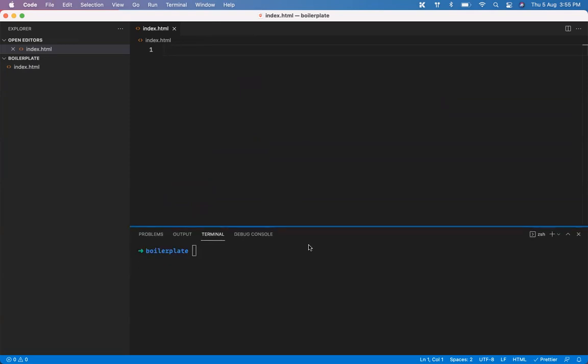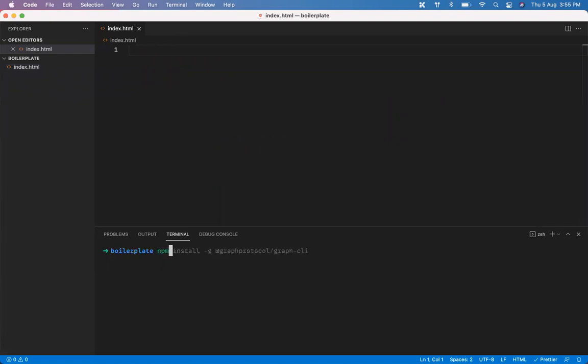Everybody here knows something about NPM, Node Package Manager. Because we are writing a Node application here, we will talk about NPM. So here, the first thing we are going to do is just create a basic boilerplate for Node using npm. Okay, so I'm just going to say npm init.